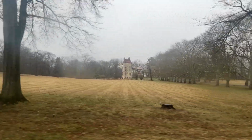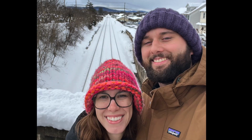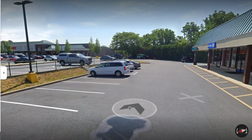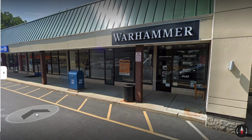I've been out of town, away from home, for a couple weeks in Pennsylvania with my girlfriend. We've had a good amount of downtime, and I knew that going into this, but I still decided against bringing any model making supplies at the very last minute. But let me tell you, when I found out there was a Warhammer store only 15 minutes away, my plans